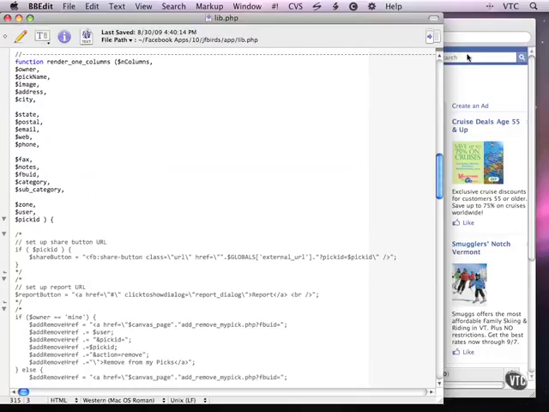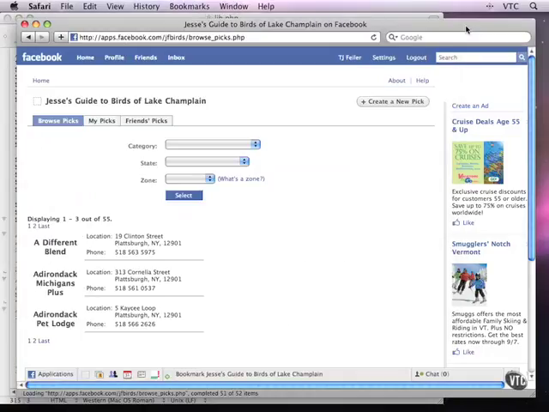And at this point, let's switch back and take a look at the Facebook app. Because what we're doing here is we are now talking about the code that is going to render this particular section. It's one item here, and it's rendering the title, the location, and the phone number. That is all that is being rendered right now. There's going to be more as we move on, but right now it's as simple as possible. We're not talking about building in the pagination code yet. That's in the next section. Now we're just talking about building this.